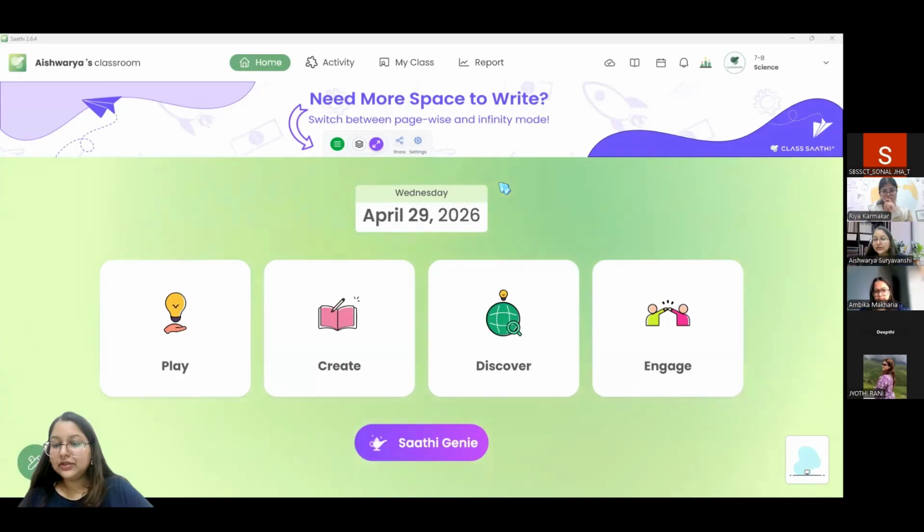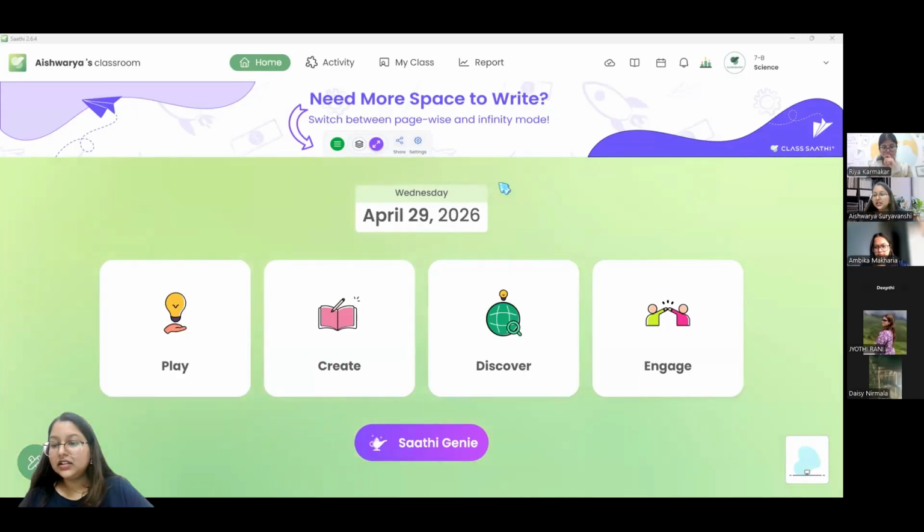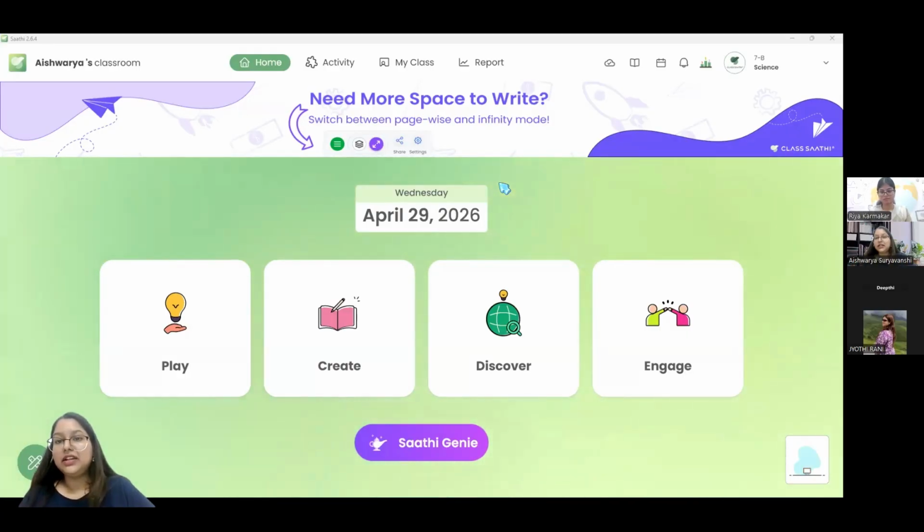Yes, ma'am. This is for grade. Right now you can access whichever grade you have logged in to. I've logged in to 7th B, so that's why I can see 7th B. If you are able to see the old syllabus, our content team is still working on it. I think the latest update came a couple of weeks ago from the NCERT curriculum, so we are working on it. Probably we'll be updating the NCERT textbooks very soon.